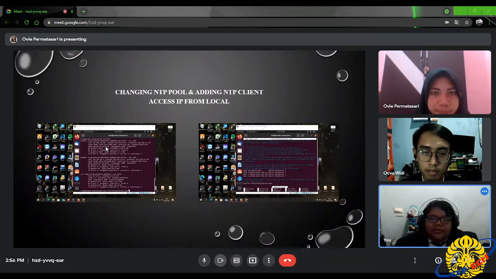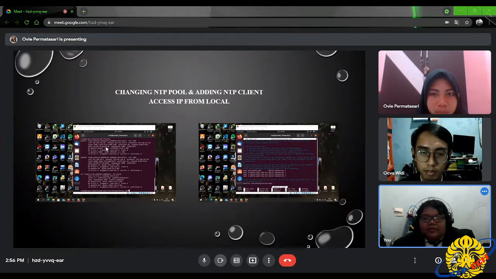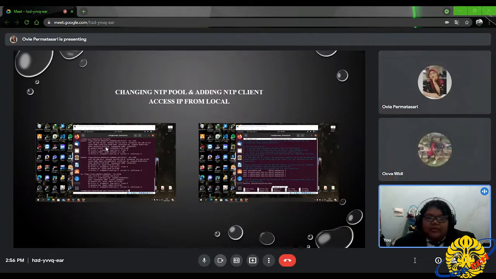After installing Chrony, we change the NTP pool and add the NTP client access IP from local. We change the NTP pool and IP access of the NTP client in chrony.conf to connect our NTP server to an external network so that it can be accessed locally by NTP clients. We use nano /etc/chrony/chrony.conf for the command.